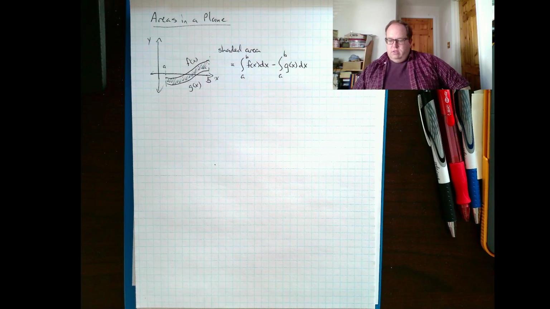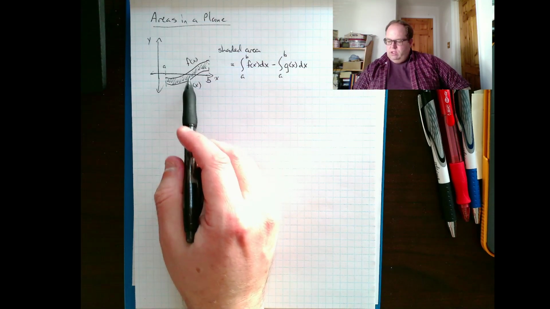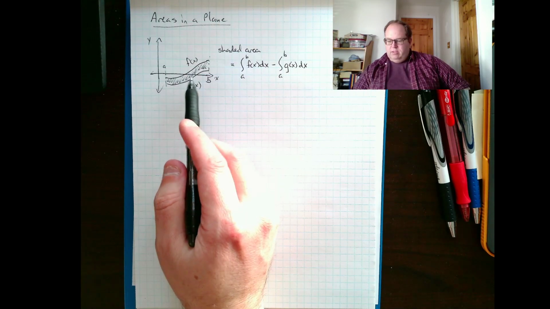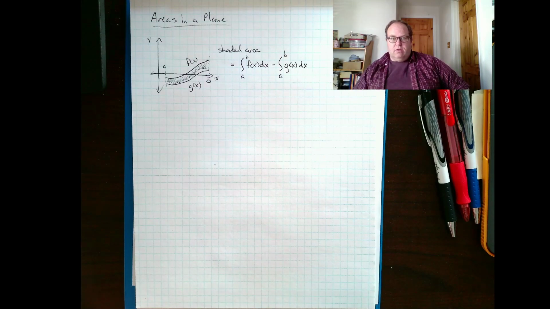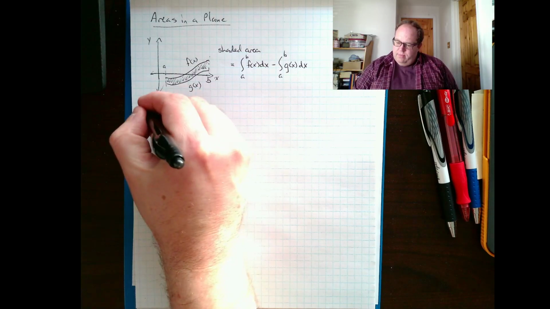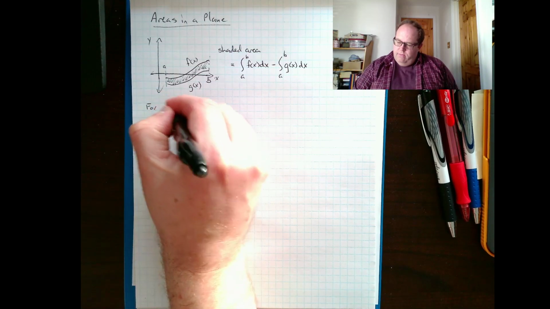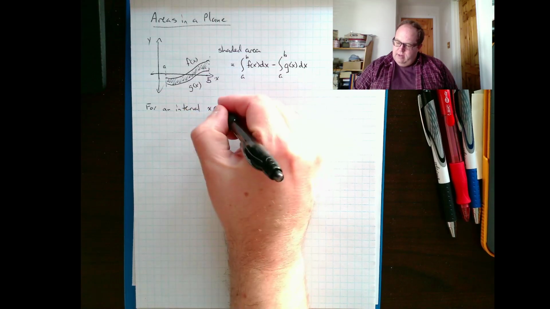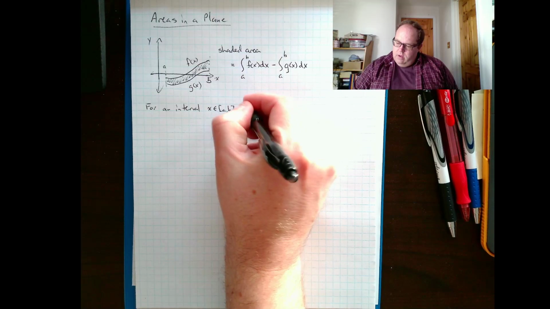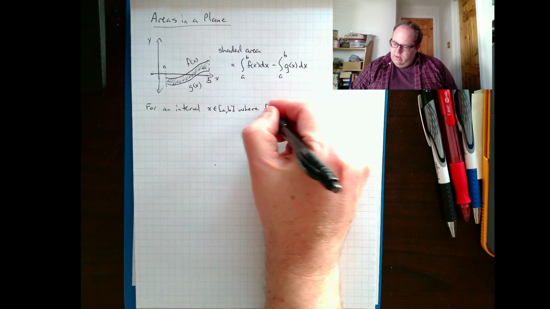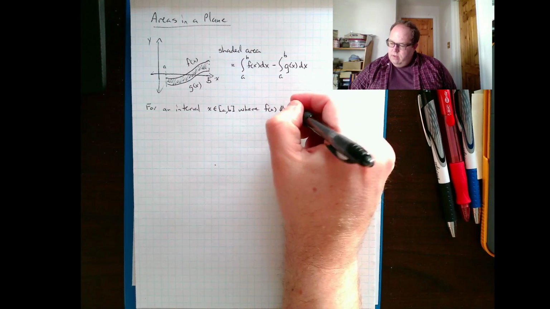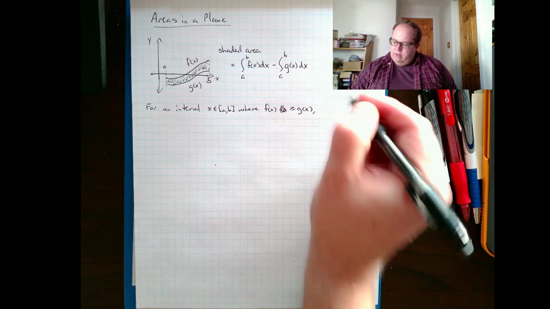At this point, when you're starting to talk about the area between two different functions, you're not really concerned about x-intercepts anymore because the positives and negatives end up balancing out when you do this. All you're really concerned about is which function is greater than the other. For an interval x in a to b, where f of x is greater than or equal to g of x, then the area